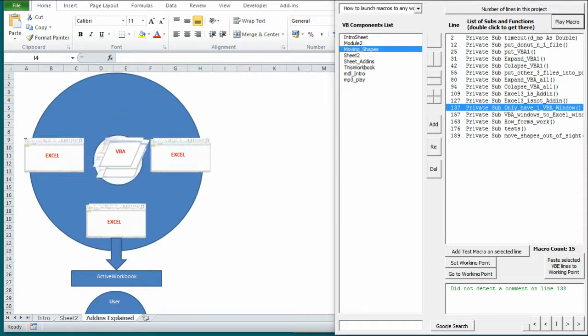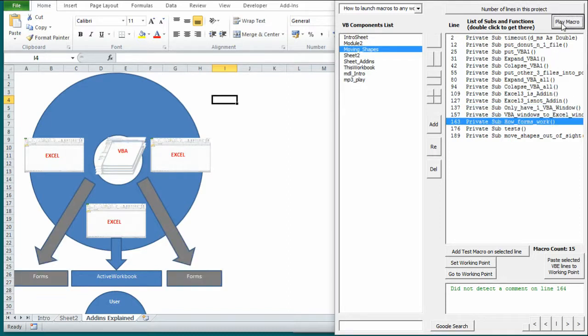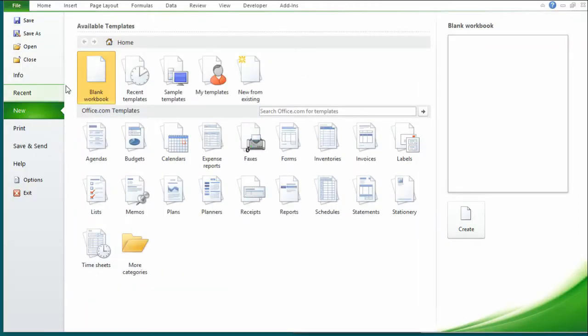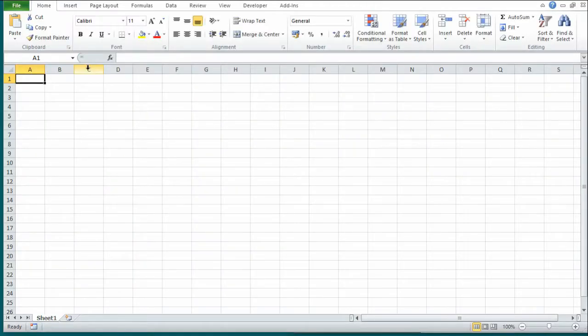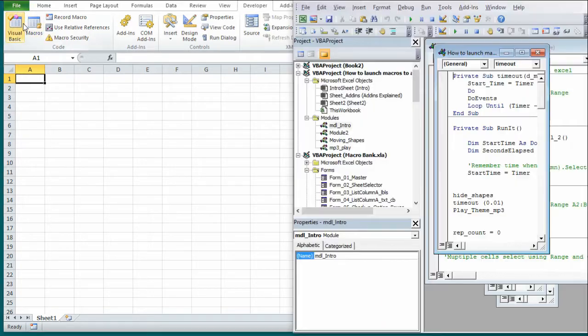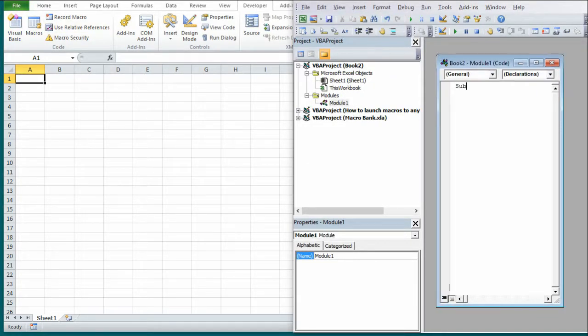Forms provide a front end to the user on top of the active book and can be added to Excel files and Excel add-ins. So let's create an add-in and store code into it. Then we will create forms that will allow the user to run the code. And so I create a new book, and in this book I create a simple message box macro,